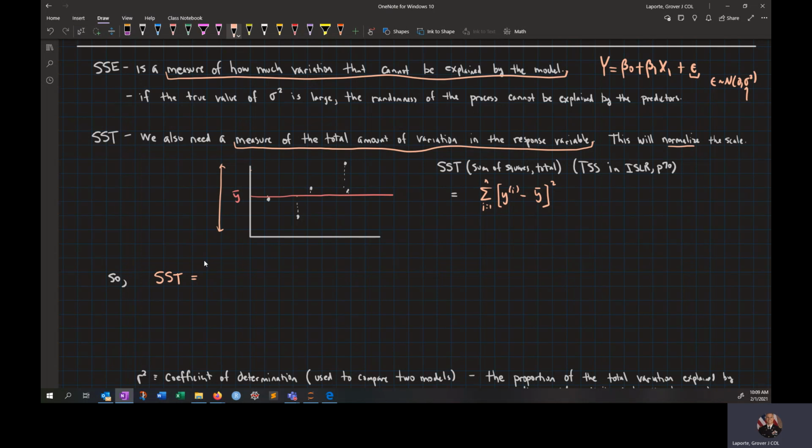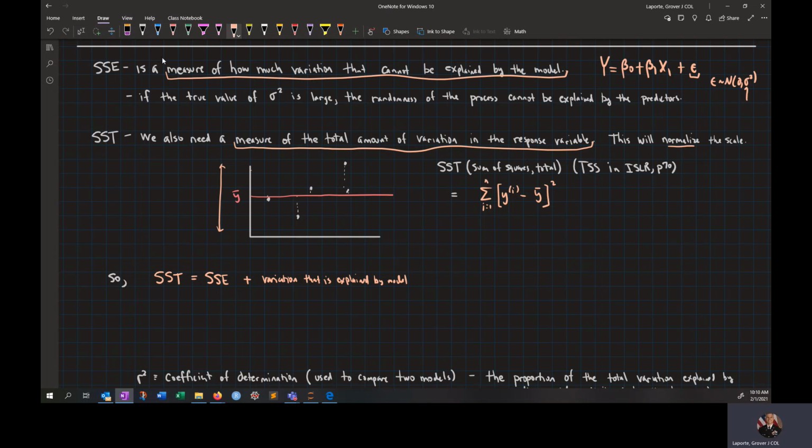There's no other bin for it to fit in. So if I have SSE plus the variation that is explained by the model,